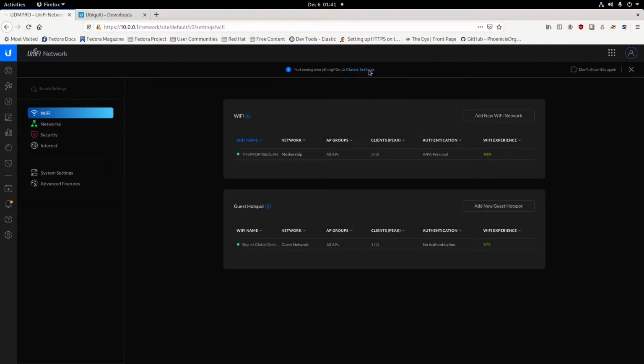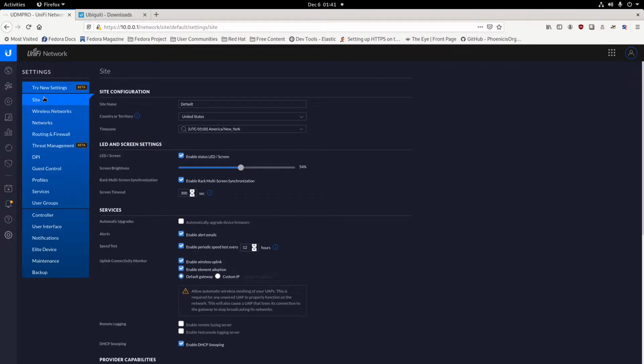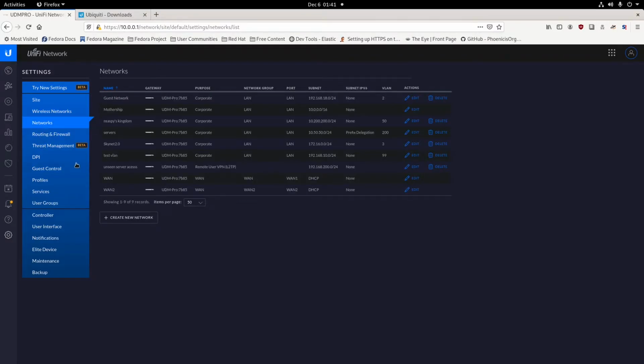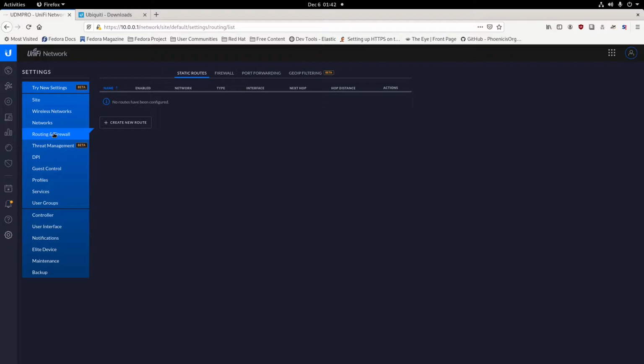I want to go back to the classic view here because I prefer it. So they do have the Wi-Fi set up. You can create the networks. Here's the network information, all your connections with your VLANs. We go with the router case if you need to make your static routes, firewalls, portals, and now we have